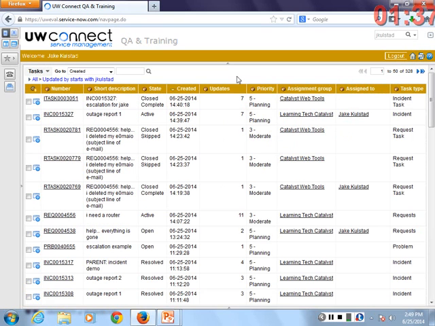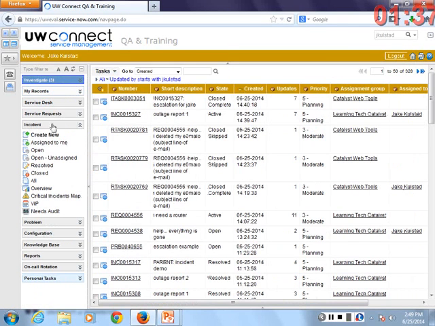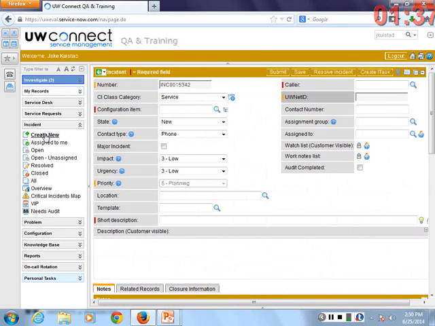This brought me back to my filter that I had applied before, which is totally fine. Let's go back to your application navigator and create an additional incident. What we're going to walk through right now is the parent incident scenario. And I'm going to make a couple more incidents, so hopefully I don't fatigue you too much. I will put in the same configuration item. So I just clicked on New Incident.